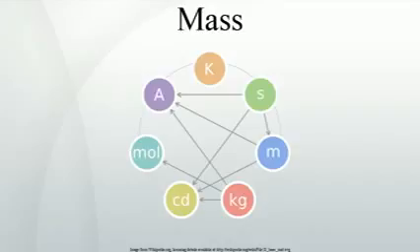Other units are accepted for use in SI. The ton, t, or metric ton is equal to 1,000 kilograms. The electron volt, eV, is a unit of energy, but because of the mass-energy equivalence it can easily be converted to a unit of mass, and is often used like that. In this context, the mass is in units of eV/c². The electron volt is common in particle physics. The atomic mass unit, u, is 1/12 of the mass of a carbon-12 atom, approximately 1.66 × 10^-27 kilograms.